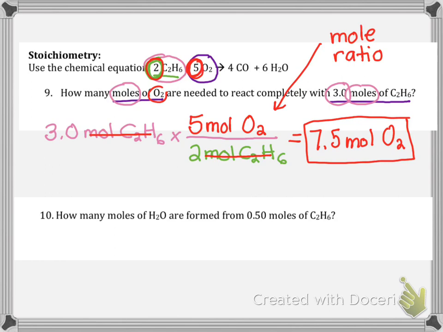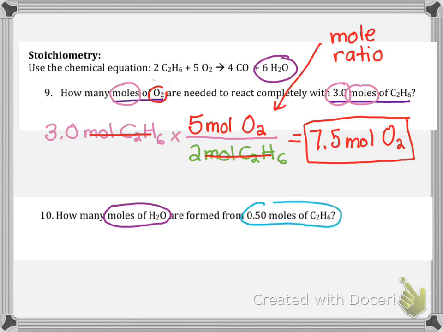Now let's see about the next one, and I'm going to erase what I've written on the first problem because we're going to use this equation again. So here it says how many moles of water. So I'm trying to find water, so I look for water here. So how many moles of water are formed from 0.5 moles of C2H6? So now I'm using these 2 things. And it doesn't really matter which 2 things you use in the equation. You just look at the ones. One you're going to know and one you're looking for. So what I know is that I have 0.50 moles of